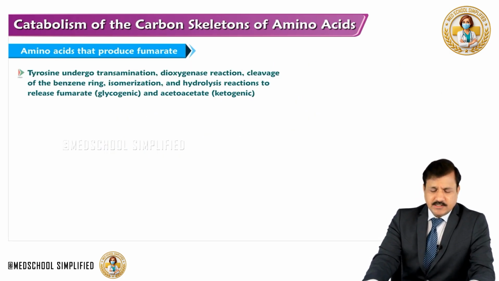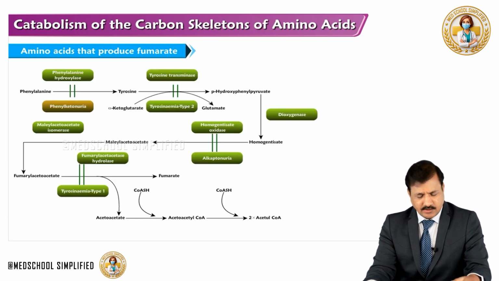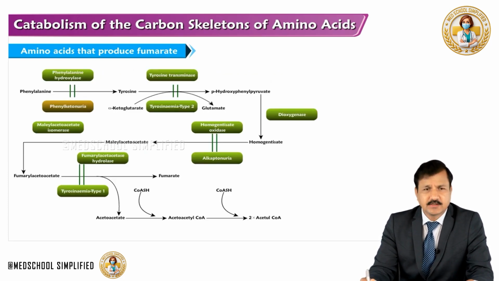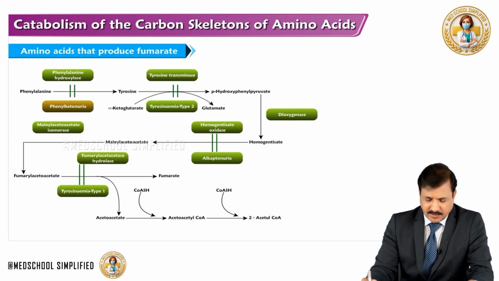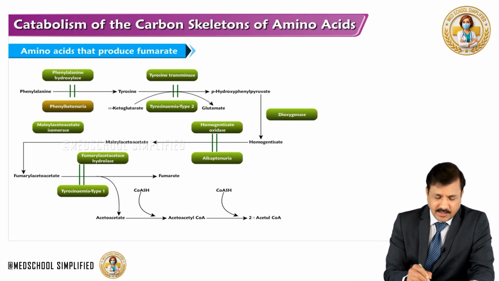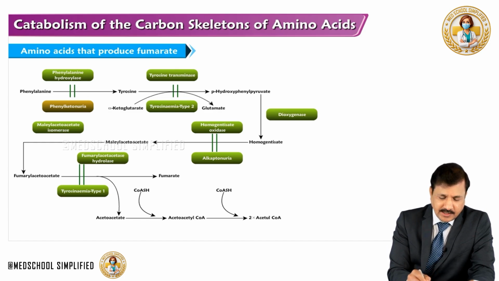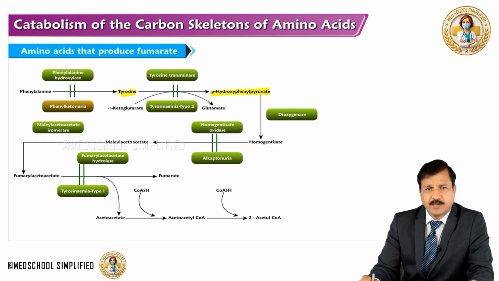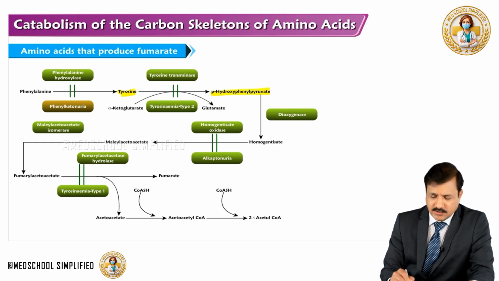Alright, so once we get tyrosine, what will happen to the tyrosine? The tyrosine will undergo further catabolism to make fumarate and acetoacetate. Okay, that's shown in the slide here. Phenylalanine is converted into tyrosine, and tyrosine undergoes a transamination reaction to become p-hydroxyphenylpyruvate, and that p-hydroxyphenylpyruvate is converted to